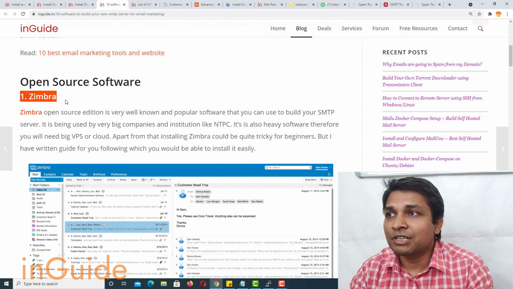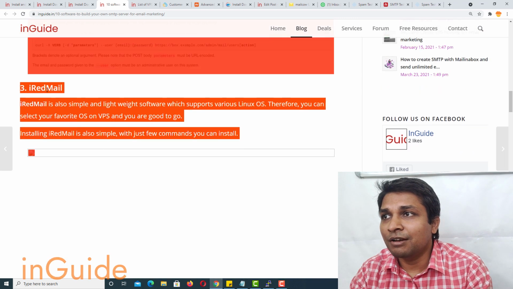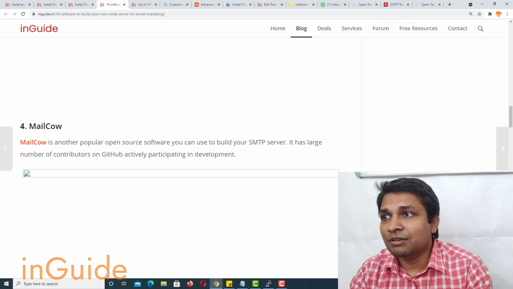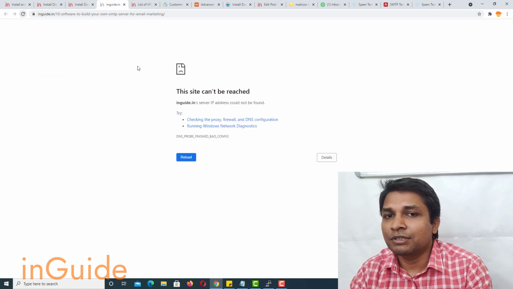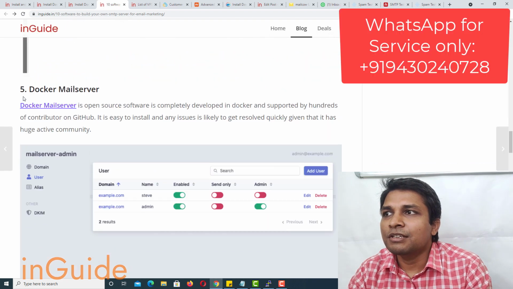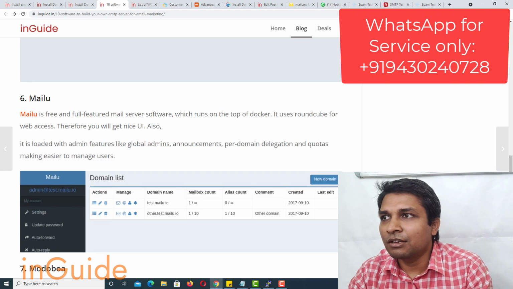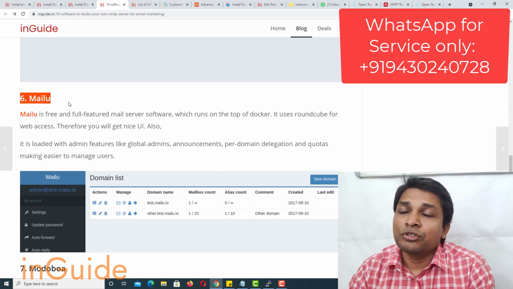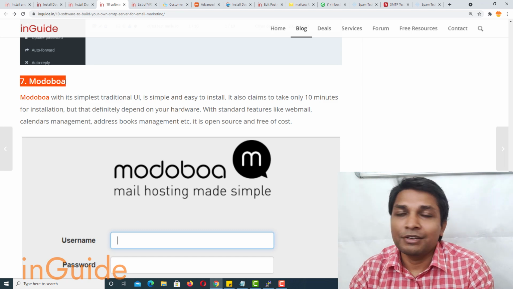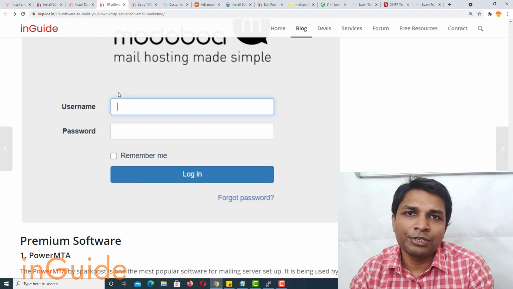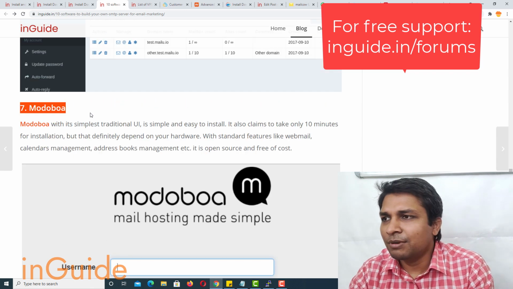So coming to my top 10 software to make your own SMTP or self-hosted SMTP server. I have already discussed Zimbra, Mail-in-a-Box, and iRedMail. Today I discussed MailCow. I'll discuss Docker Mailserver in some other video, and I'll also demonstrate Mailu installation, and I'll not discuss Modoboa, though it is a great script to build a mail server.